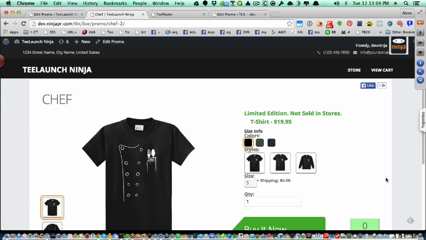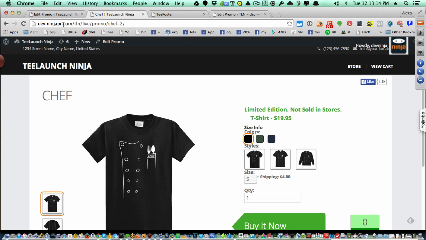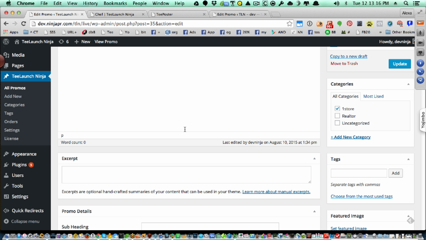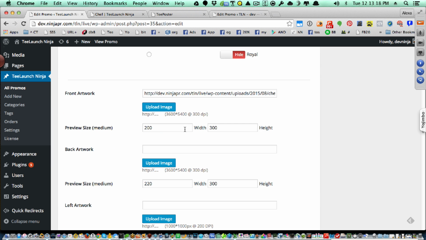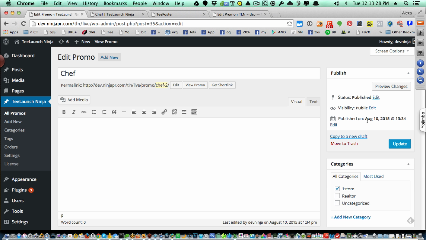And you see right now, we've set it up so that it looks like 1,500 people have liked this shirt. Currently it shows that none have sold, but let's go into the back end and I'll show you really quickly how we can add some quick social proof. So let's just go ahead to this manual plus, and we'll just say that we've sold 44. And if we hit update here,